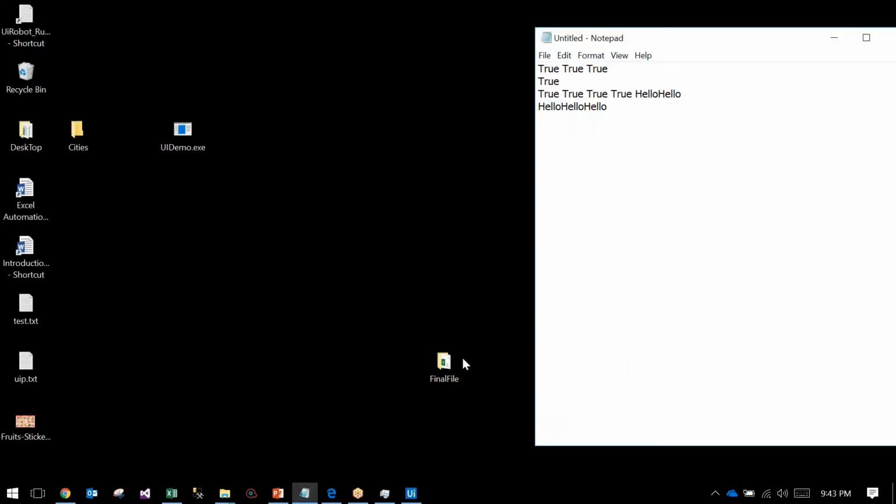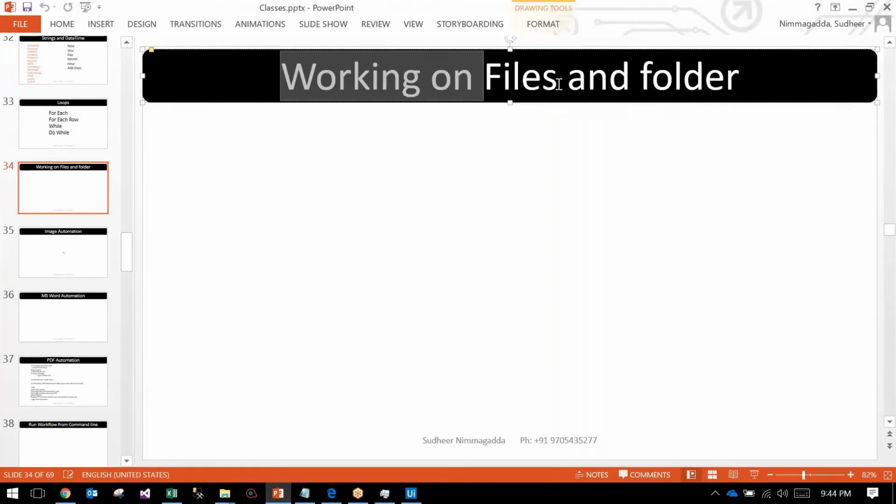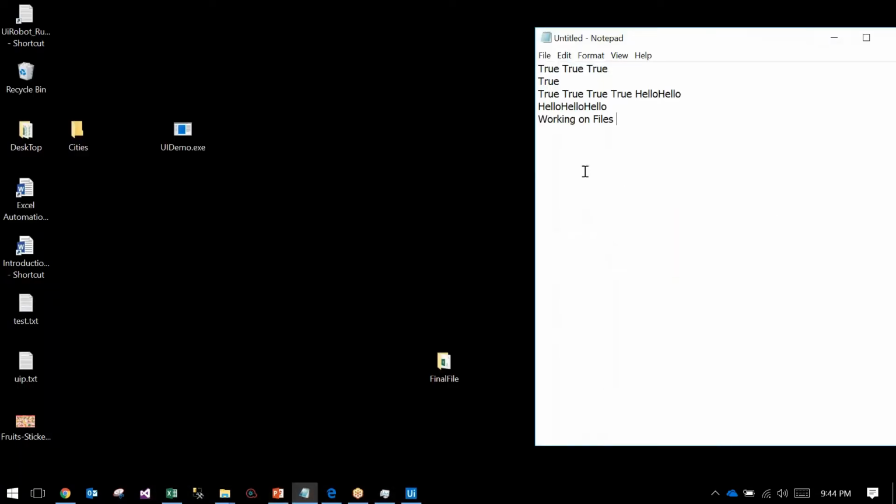For example, I'm just copying this one, work files, right click and copy. If I paste here, it will paste the working on files, right?